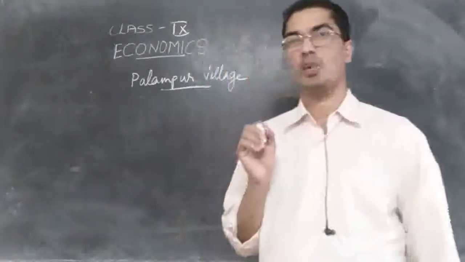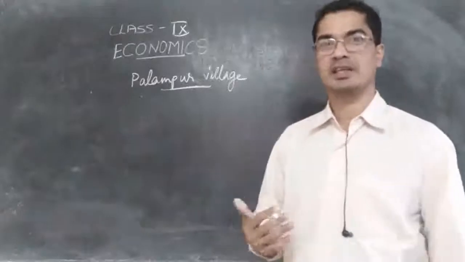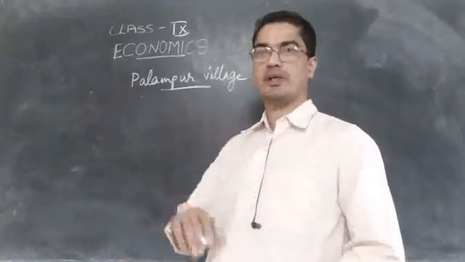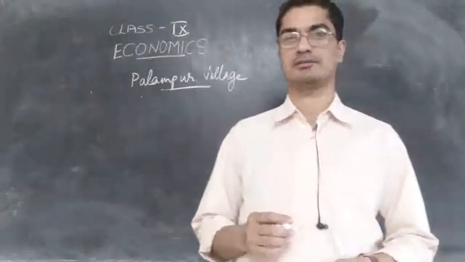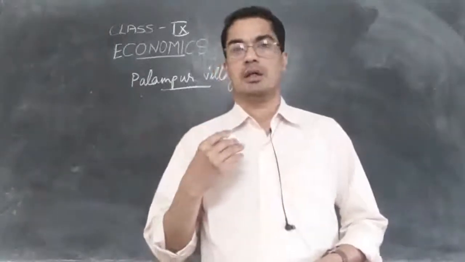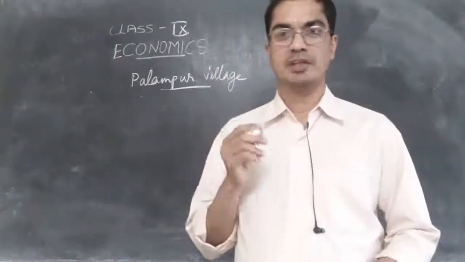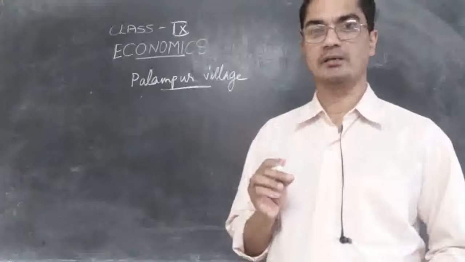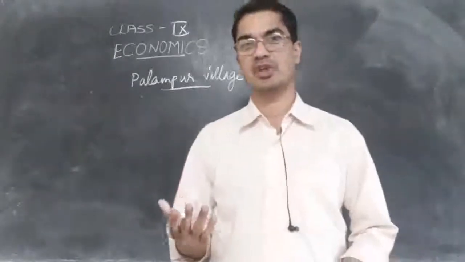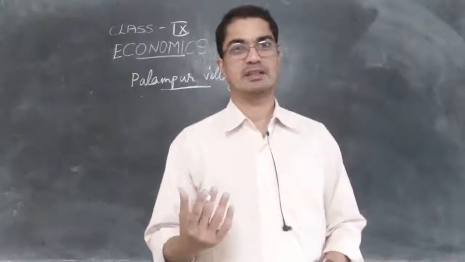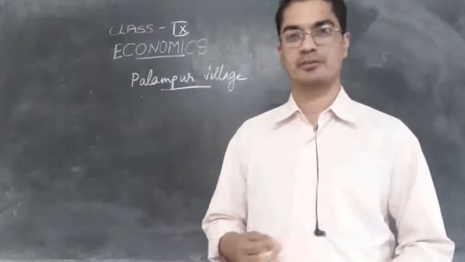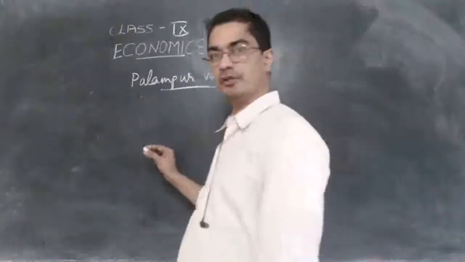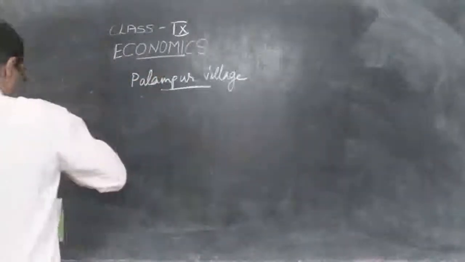So if you want to say a village is developed, what are the things that you need, or how can you say my village is developed and your village is not developed? What is the comparison? So in order to say that my village is developed, I need to have certain facilities that I need. What are the facilities that we need in order to say that my place or my village is developed? So first of all, people need to have a house, is it not? We need to have a house for living.